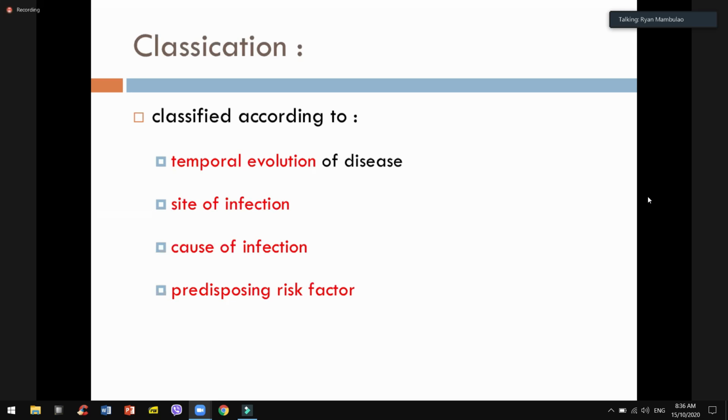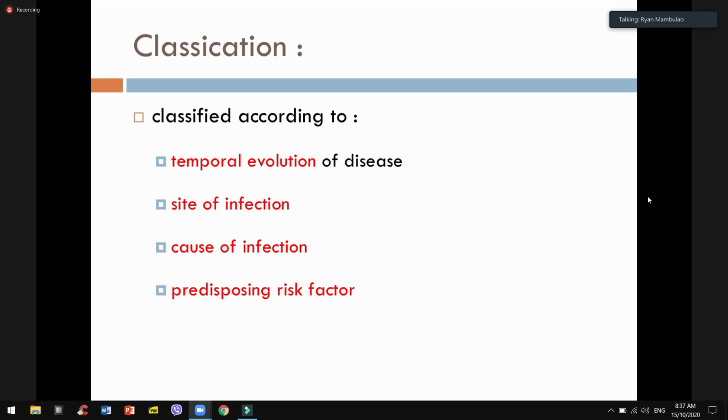So we classify it according to temporal evolution. Minsan acute, minsan subacute. Pag acute, less than 1 week. Pag subacute, more than a week to 6 weeks. Ganun. The site of infection, of course, you have to identify kung sa mitral valve, tricuspid valve, because there are